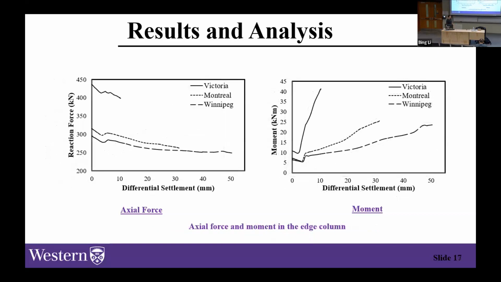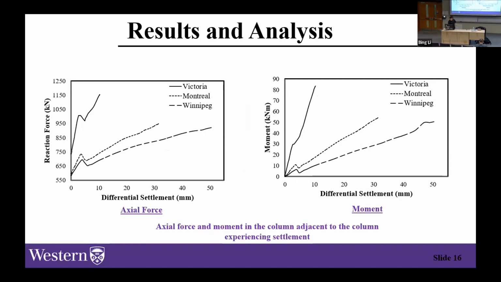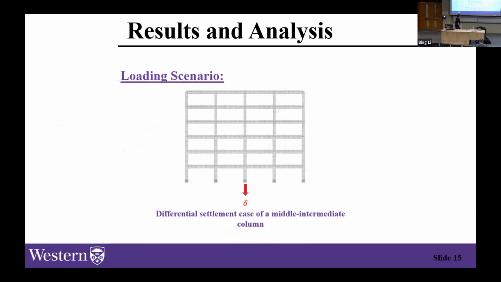And over here now we also investigated the effects on the edge column, so 2 bays away from the settling column, which is, let me show you over here. We found that the building experiences a sort of seesaw effect, where as this column settles, the column over here takes on the load that is being lost by the support, and over here you experience an uplift, which is like an increasing moment on the overall middle section.